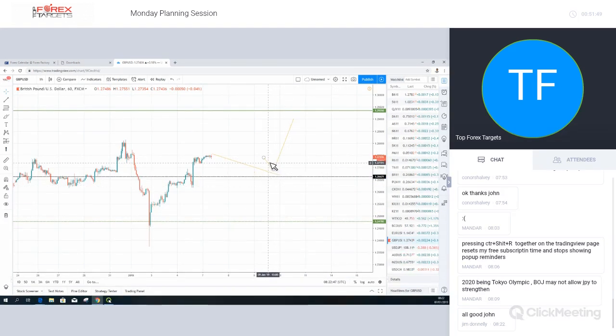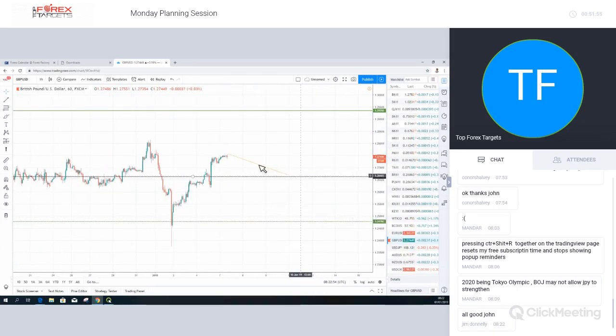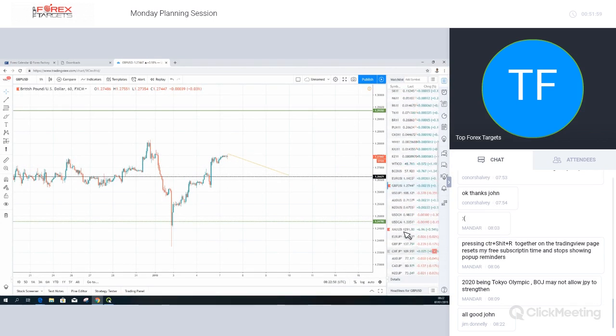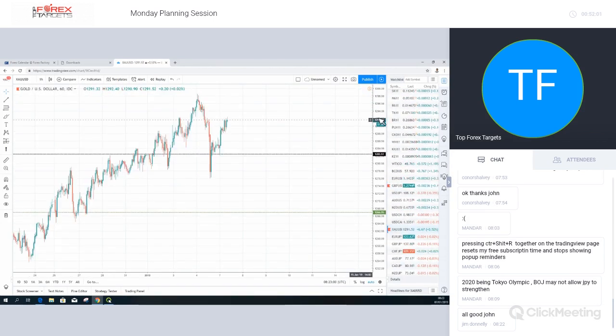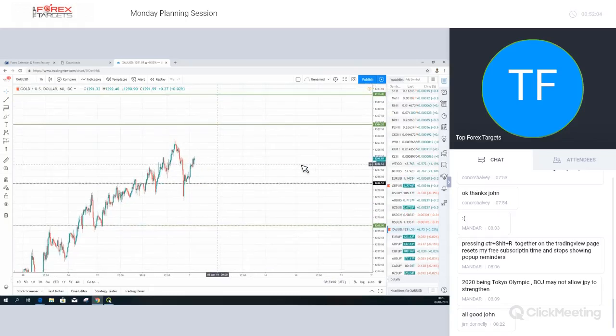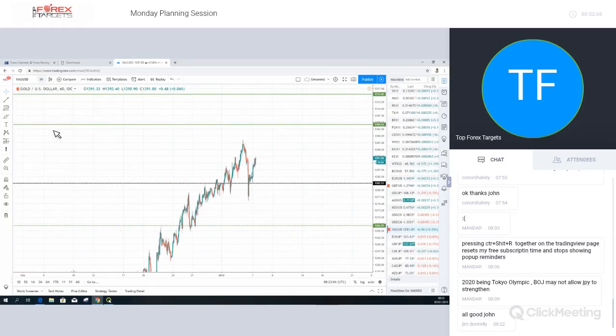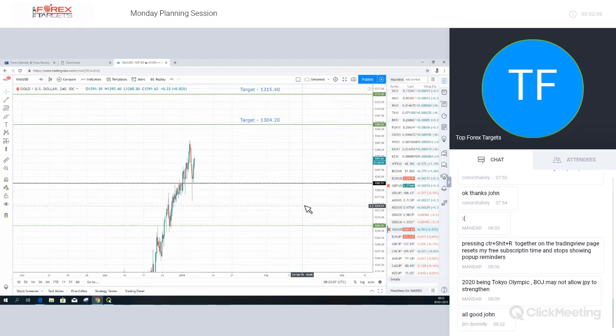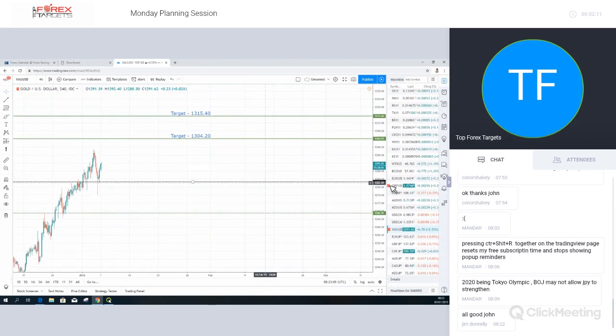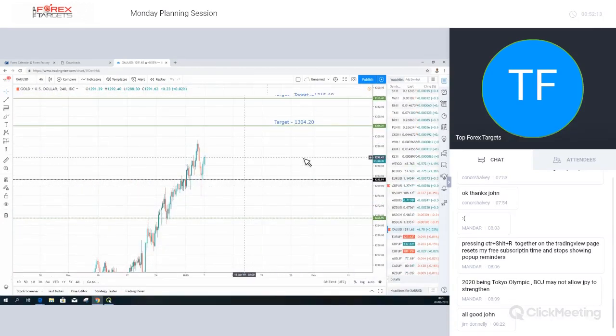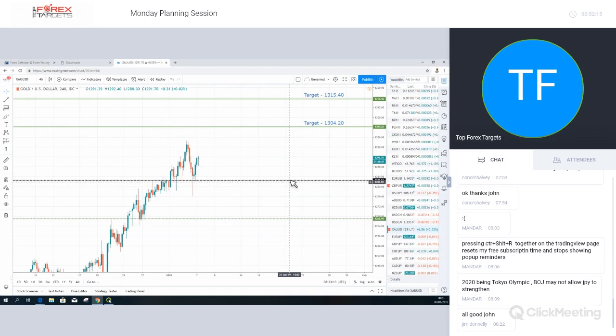The confirmation and the breakout will be important on the pound dollar because the entry in the 4 hours, or the large time frame, just isn't going to be there with this. If we go down and have a look at gold, I do like gold as well. Gold we covered in the weekly forecast. You can see we have already had a bounce from the 1282.51. I would be looking up towards the 1304.20 as the next move.